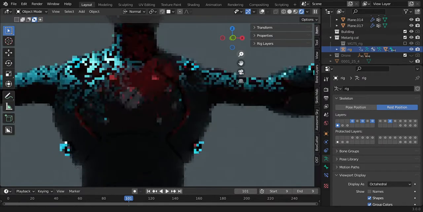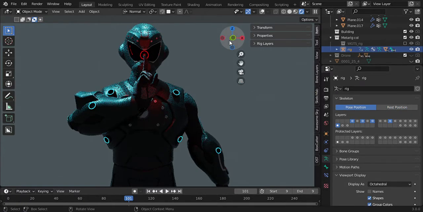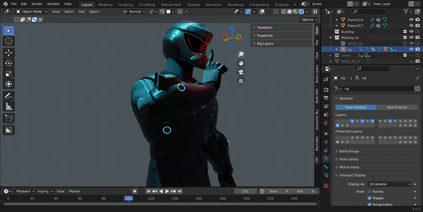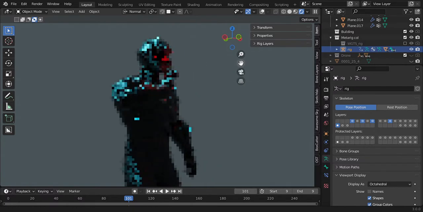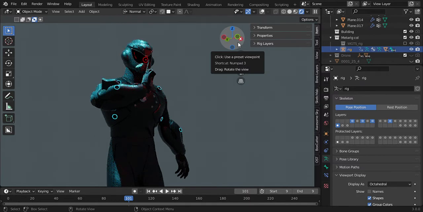Let's see how it looks. Pose position. Yeah, it's not bad. So you can make some pretty decent characters just using this, mind you, it's intermediate level